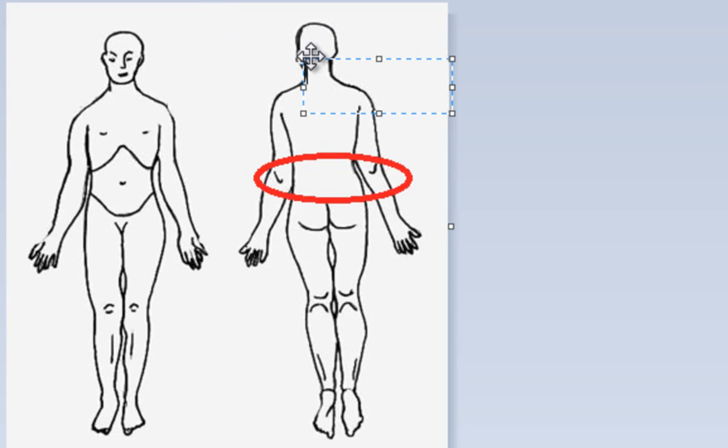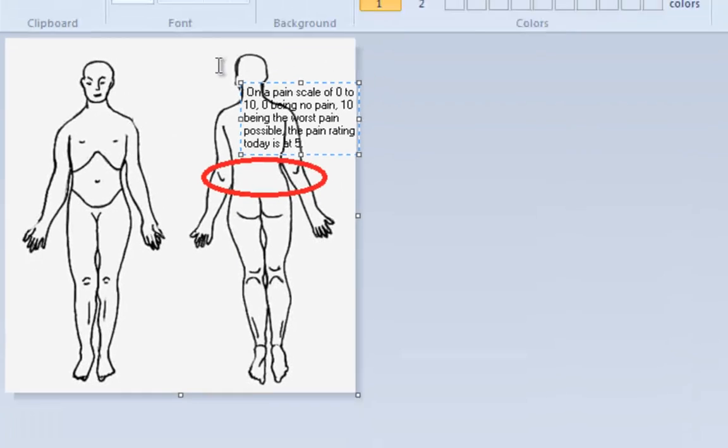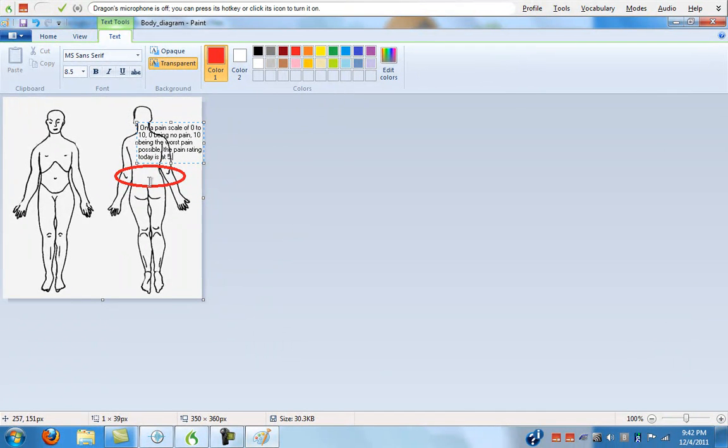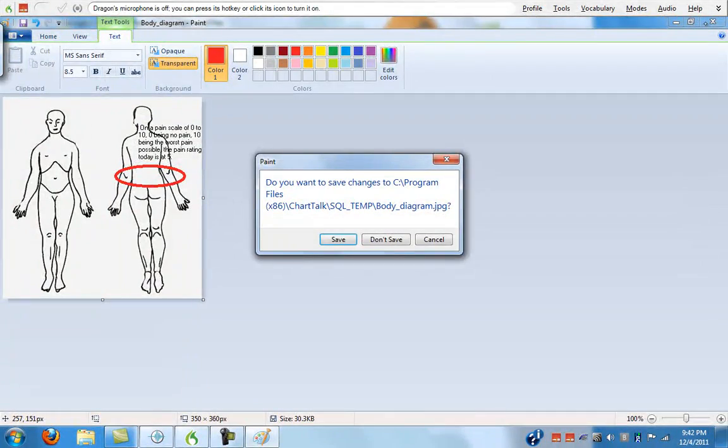Make it a little bigger. Pain 5. So there's our pain 5 macro. And after that, when we close down the document, click close and hit save,